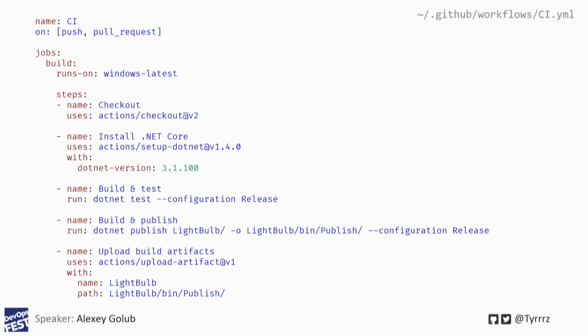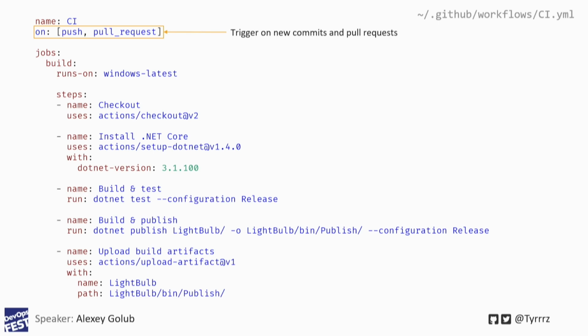So this one is a CI workflow, as evident by the name, and the name is at the very top. Although it's not required, I always like to put the name here because then I am able to discern which one it is if I have multiple workflows running. But what's important and what's required here is the on parameter, which is the actual trigger. In this case, we want this workflow to run on push events and pull request events. So whenever somebody pushes new commits, or whenever somebody creates or updates a pull request.